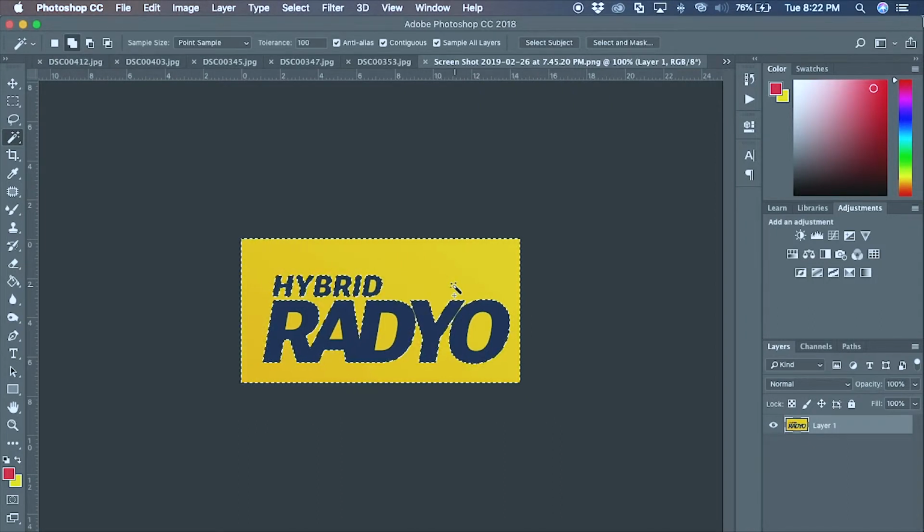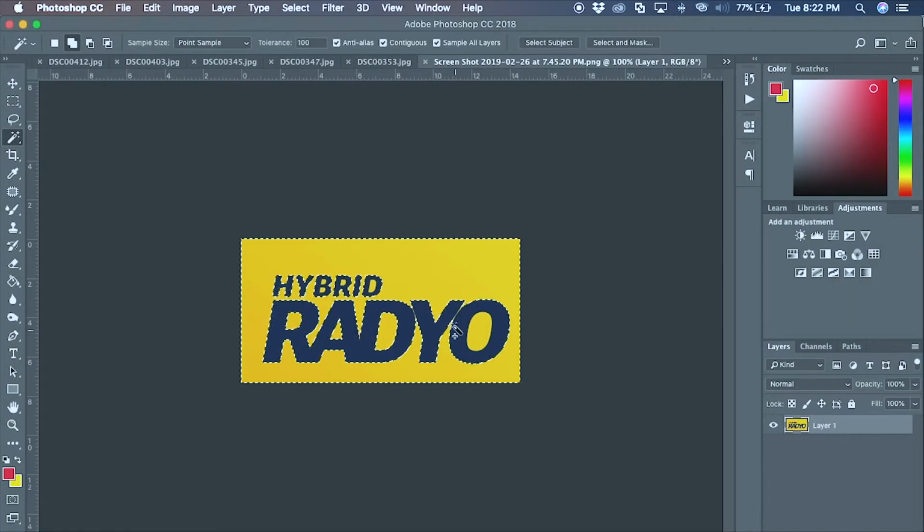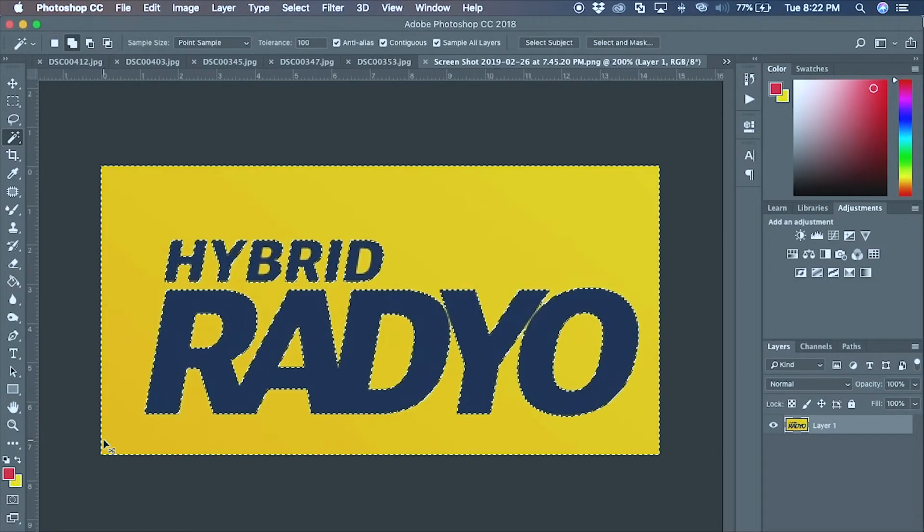This now is picking the whole yellow surrounding the whole image. You can see it's adding it to my selection. Then I'm picking the yellow in between, in the middle of the D now. As you can see, it has also added that to my selection. Then the O, then we come up here. Just so you can see clearly, you can zoom your image. You can do that by picking the zoom tool here, or you can do that with Ctrl Plus to zoom in and Ctrl Minus to zoom out. Then you want to pick this,